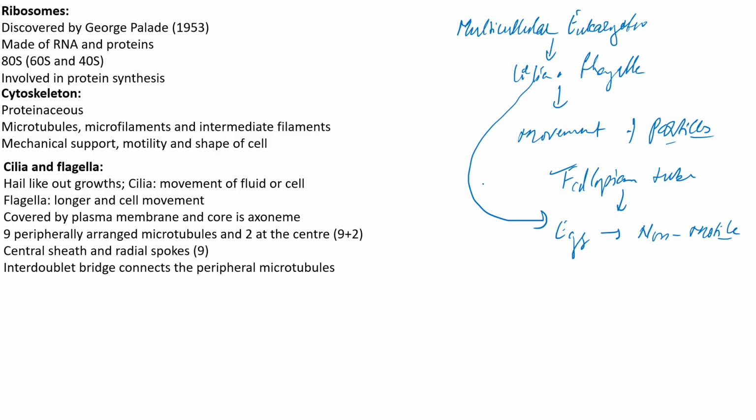Similarly, even our ear, the inner ear, that is the vestibular system, and also our cochlea, is mainly lined with cells called hair-like cells, because they have extensions on their surface, and these extensions are none other than the cilia itself, right? So cilia, in multicellular organisms, have a wide variety of functions, but generally we can say that they are mainly involved in movement of particles and also trapping the particles,